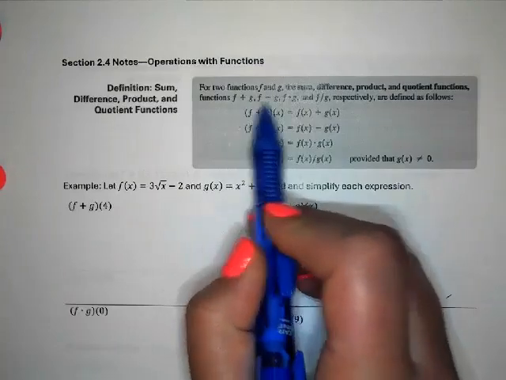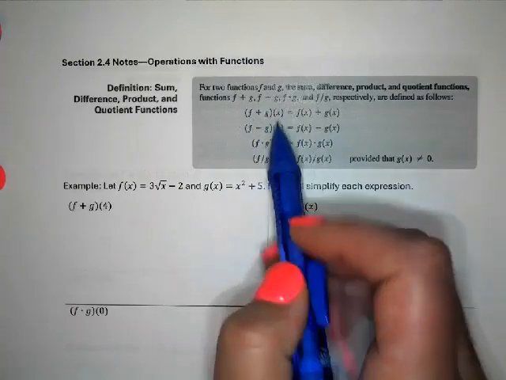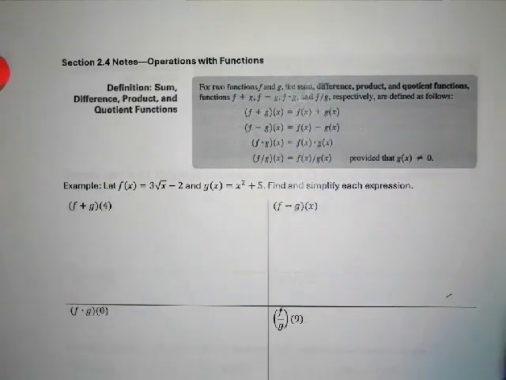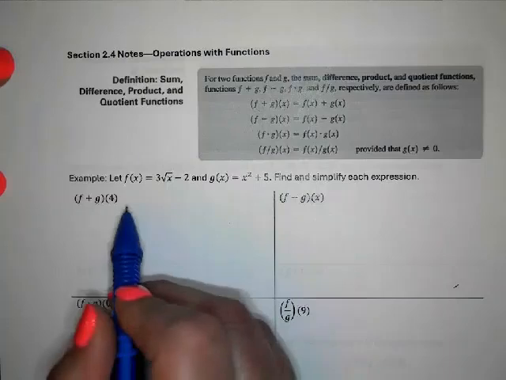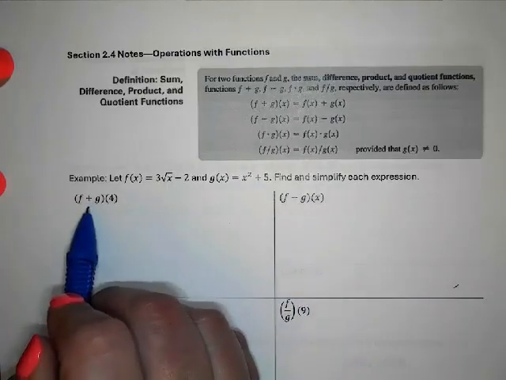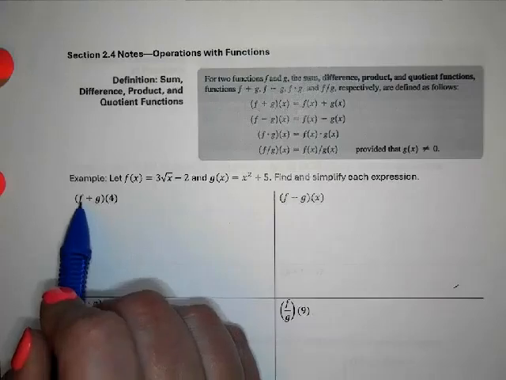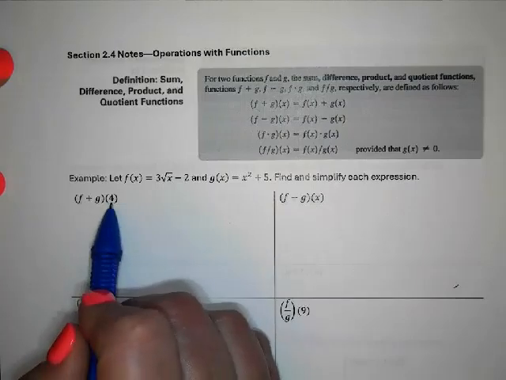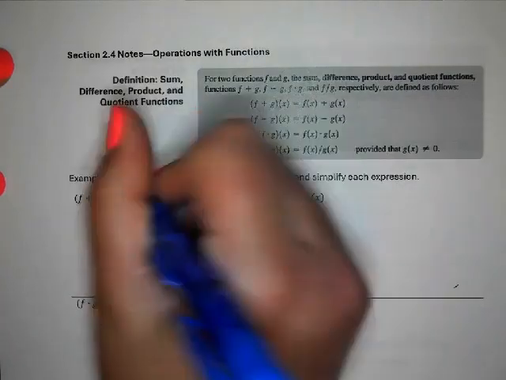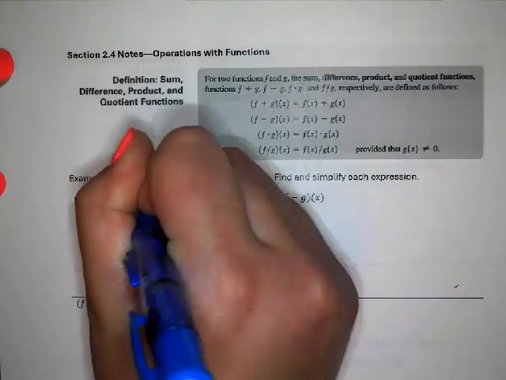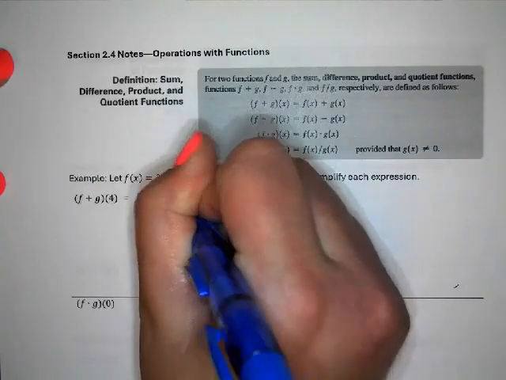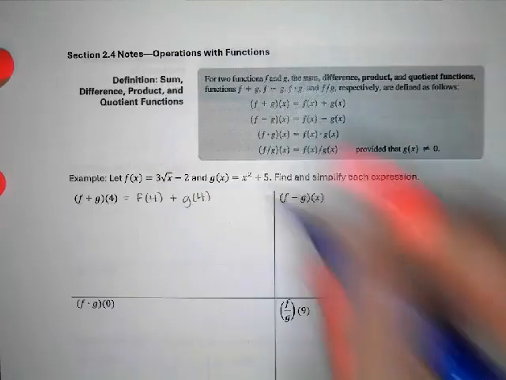You can see here they have f plus g, f minus g. That's really shorthand. They just completely dropped the x's. It doesn't mean the procedure is any different. It's just shorthand. That's all it is. Okay, so first, this notation right here for this example is saying take the function f of x, take the function g of x, add them together, but for the x you're going to be plugging in 4. So this means take f of x, plug 4 into it, take g of x, plug 4 into it, and